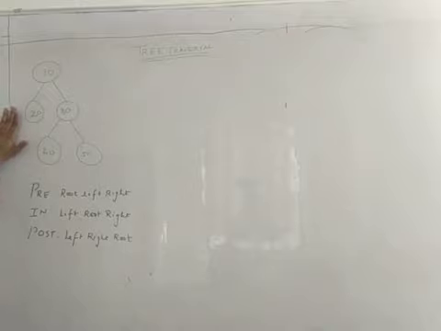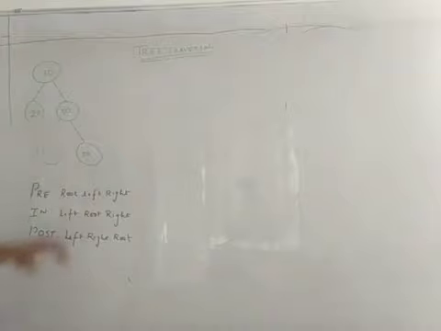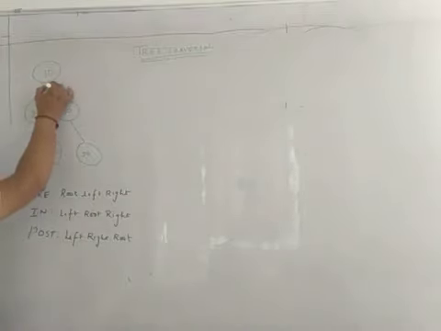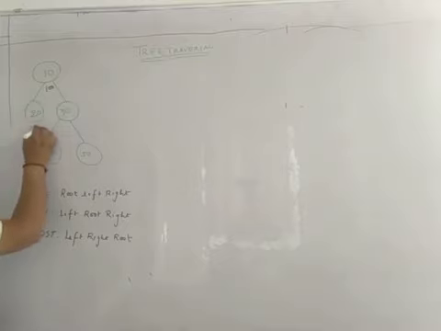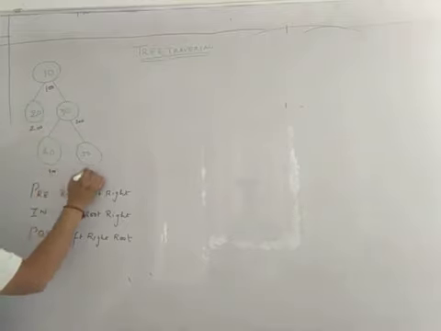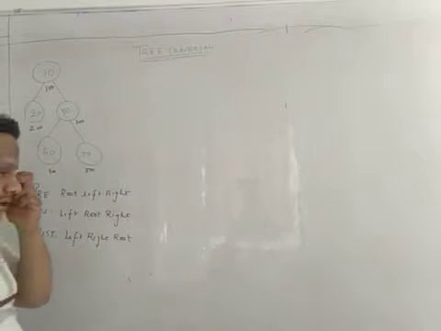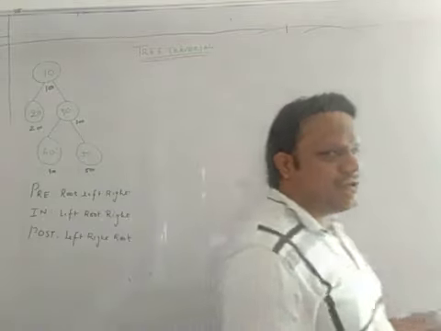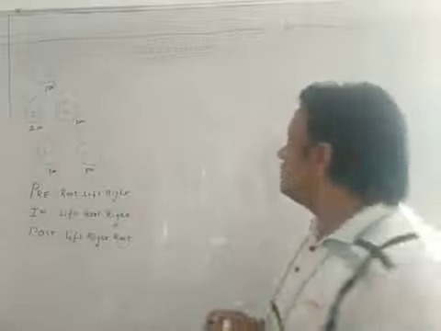Suppose this is a tree. So it's a binary tree, so 10, 20, 30, 40, 50. And let's suppose the address corresponding to each node is 100, 200, 300, 400 and 500. Okay, the first and foremost, you should know what is the structure of a tree, right? So what is the structure of a tree?